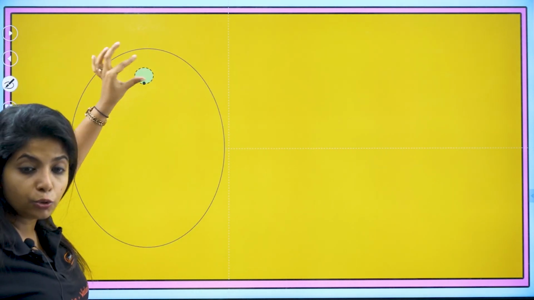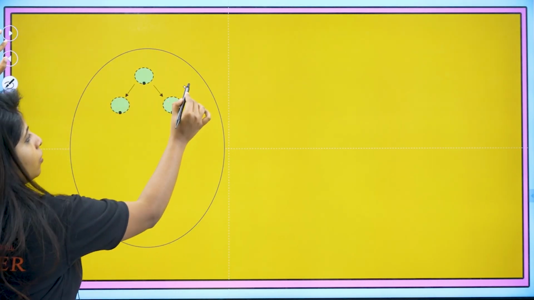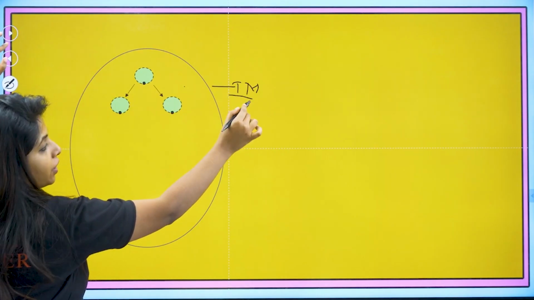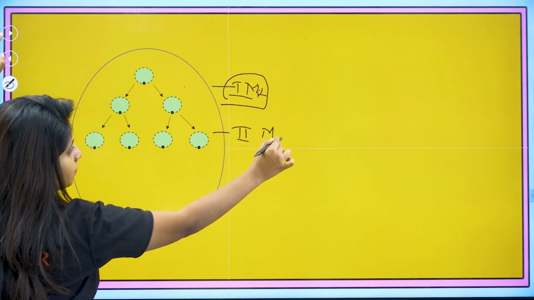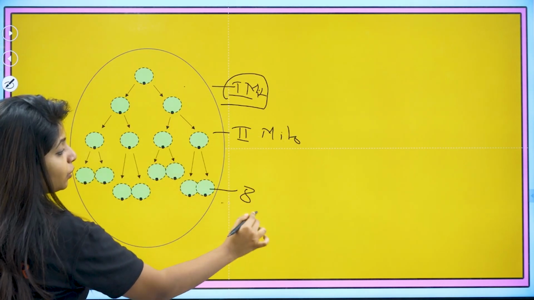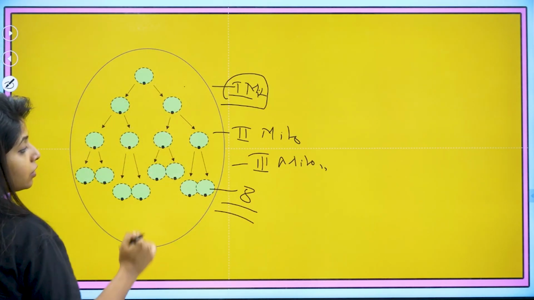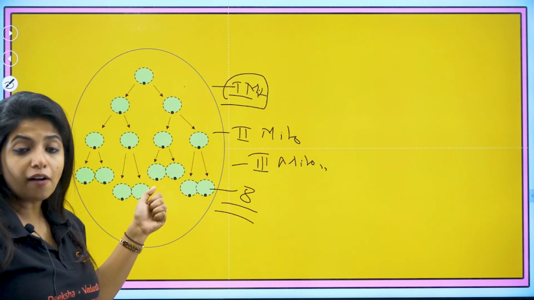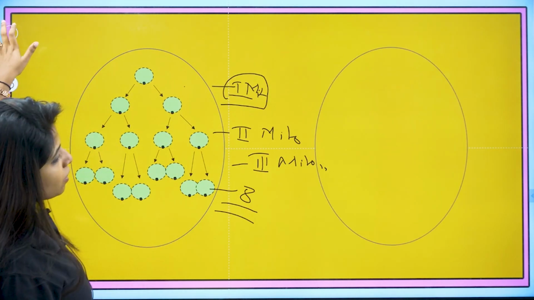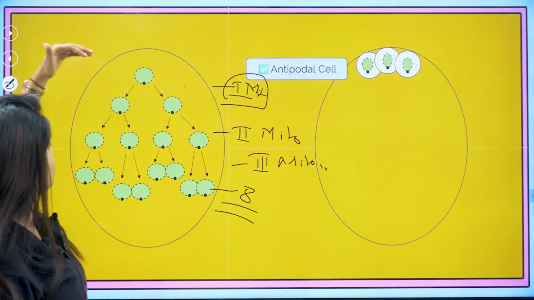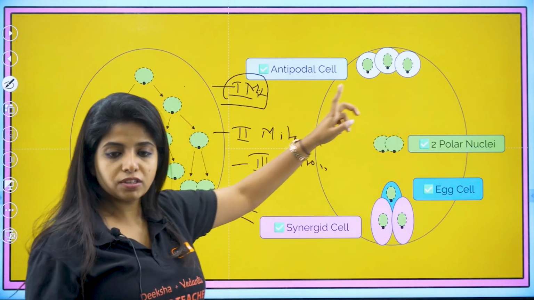Initially, the nucleus of the functional megaspore undergoes division. First mitotic division, mitotic, not meiotic, okay? Then again the nucleus will divide, second mitotic division, then again the nucleus will divide. At the end you will have 8 nuclei, and this is known as the third mitotic division. So, 3 mitoses happen, and over here the nuclei are dividing. Just after the nuclear division, you don't have cell wall formation. It waits for some time for the formation of cell wall. And once the cell walls are formed, my dear children, the cells assemble towards either side. So, antipodal cells, then come synergids, then the egg cell, and then you have the polar nuclei, which are part of the central cell.